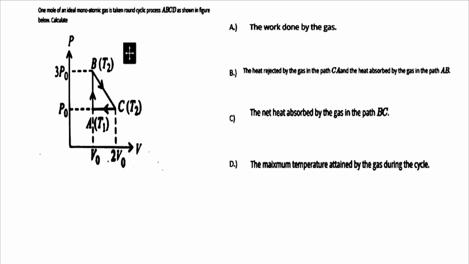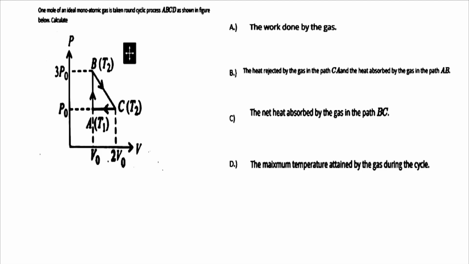इस क्वेश्चन में हमें गिवन PV साइकिल को, ये जो कंप्लीट साइकिल है जो कि क्लॉकवाइज है, इस गिवन PV डायग्राम से हमें इन चारों क्वेश्चन को आंसर करना है। तो पहला क्वेश्चन है: the work done by the gas, जो ये कंप्लीट साइक्लिक प्रोसेस है, इसमें नेट वर्क डन कितनी हो रही है।